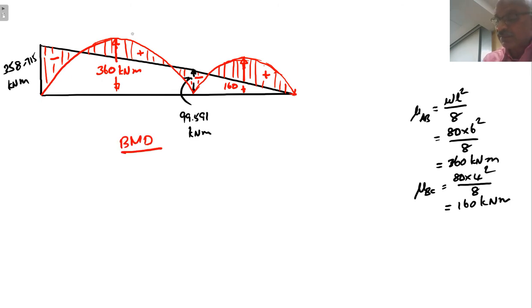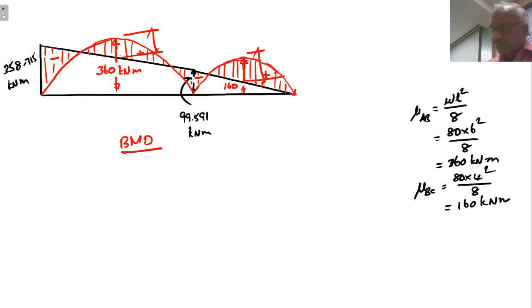As I told you, you have to find out the net value here. The net value here is the value for which you have to design the member, right? And also here we have to find out the net value. So the net value here will be at the center. Here it is